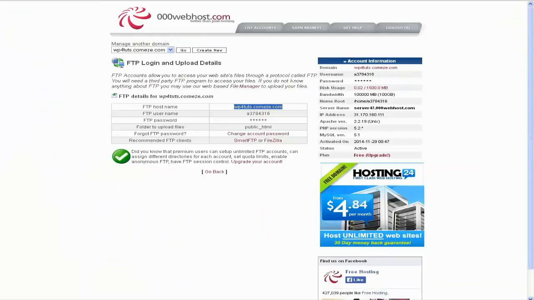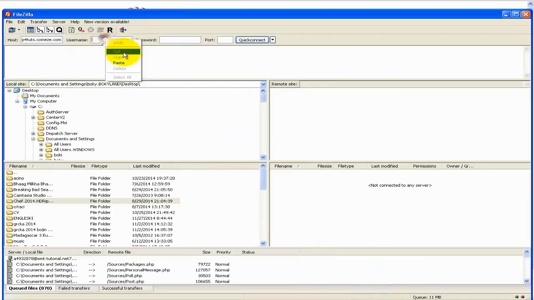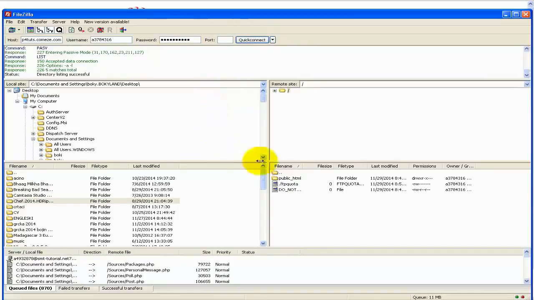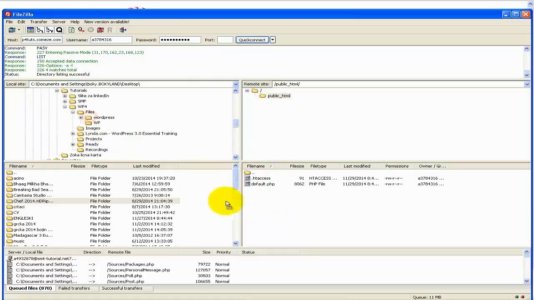I'll do exactly the same for the username, and I'll go ahead and type in the password. I'll hit Quick Connect, and if everything is alright, I should be able to see all the files on my right hand side. And under Public, I'll go and upload my file, and I will simply